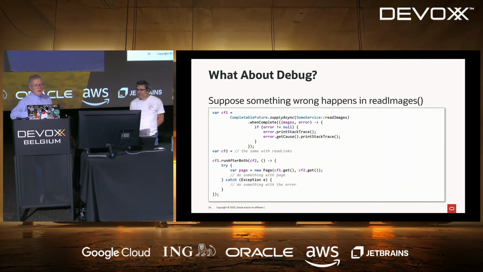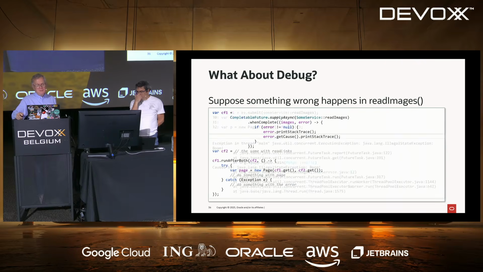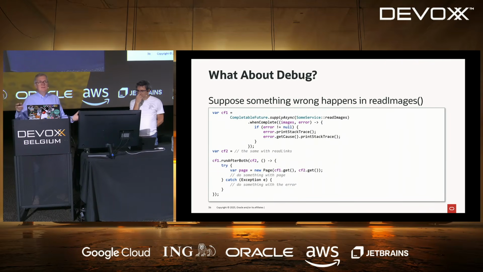And what is going to happen? So now I have some code to manage the error because I need to have the stack trace. All right, so that's the CompletableFuture API. At least on the previous slide, I had a call to get that is explicit. Okay, it's me that is calling get in my main thread, and it takes me there. But here, I don't call get.